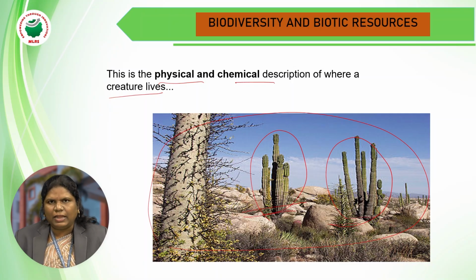If we take a rose plant and keep it there, it can't live in those physical and chemical conditions and temperatures. Why? Because the temperature is very high here and the water availability is very low. Due to that, only some plants adapt to these conditions and can sustain there, not other plants. All plants cannot sustain in these desert conditions.